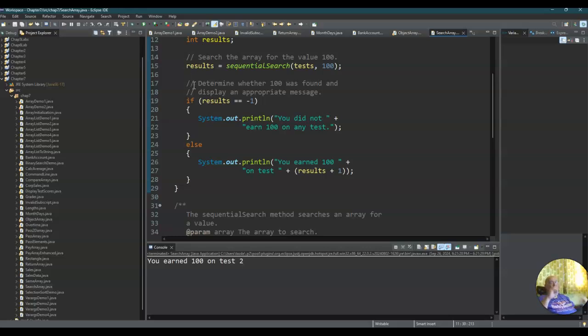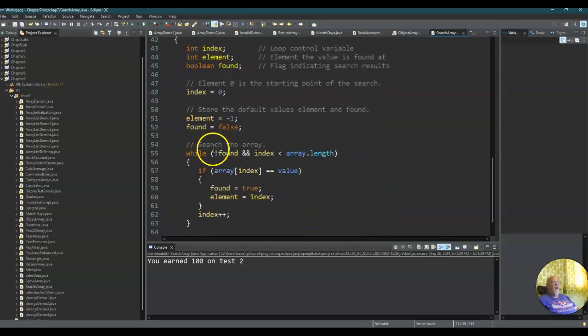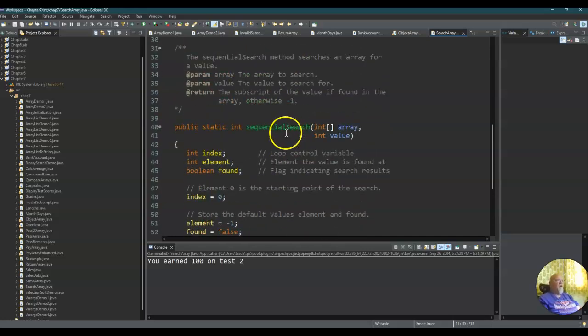Can we program around that? We most certainly can. We could just take this found out and let it go through, but we would have to have another array to keep track of multiple test scores. Does that make sense? So I'd have to have a place to store multiple tests with 100. So what I would have to do there is